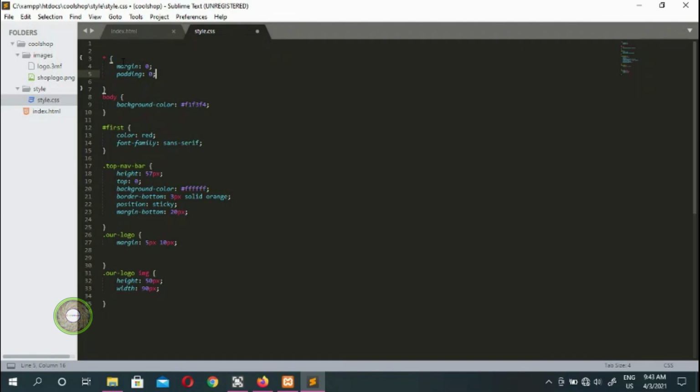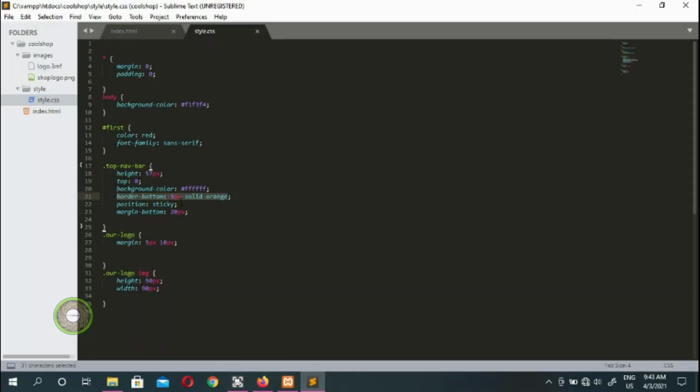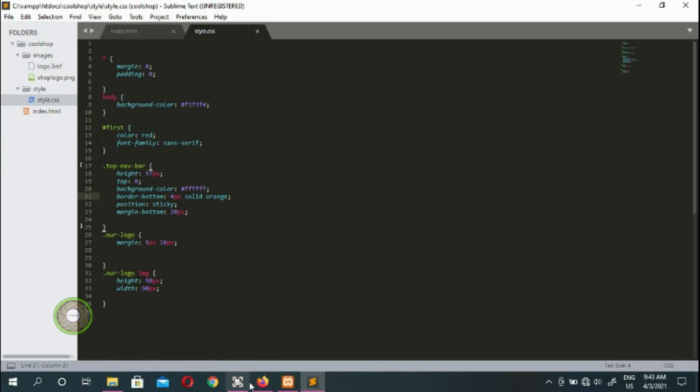In the last video we learned margin because we just wanted to put a margin bottom, which is orange, and we gave it 3 pixels solid orange, which is this one. But if you guys want to do more, say 4 pixels or 5 pixels, it's up to you. But I just wanted to show this, so I'll go there and save it,